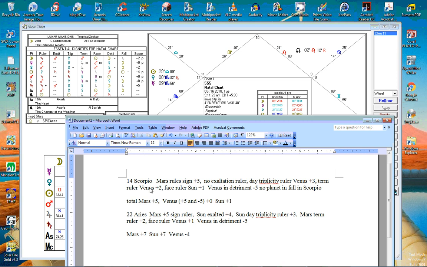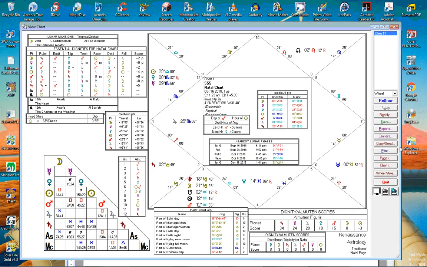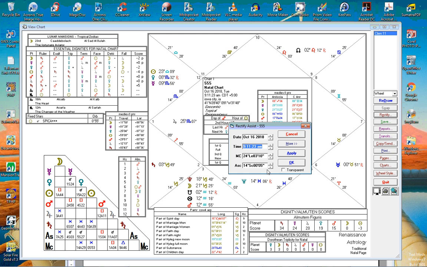And notice that we're not looking at the planets in that degree in the chart. We're not looking at aspects or house placement or anything other than just the essential dignities. And we also look at accidental dignities. We're not looking at retrogradation. We're not looking at combustion or anything like that. Just essential dignity and debility. Okay, so that's interesting. Let's look at another degree that's going to give us some more insight into some other